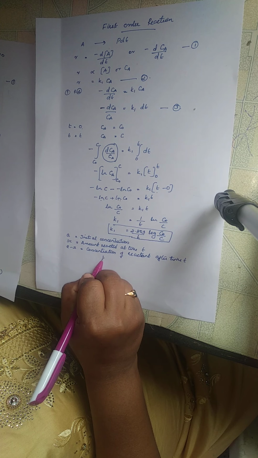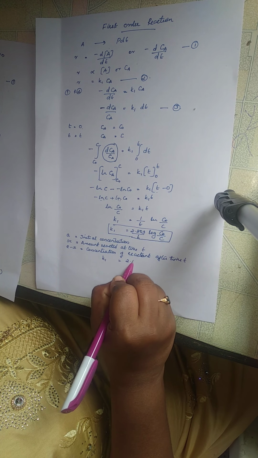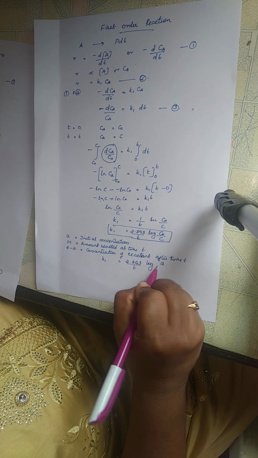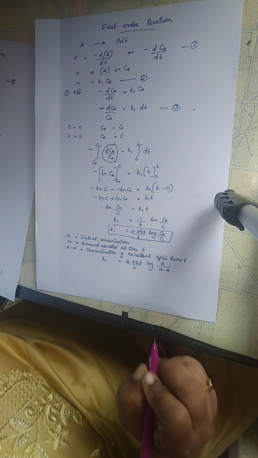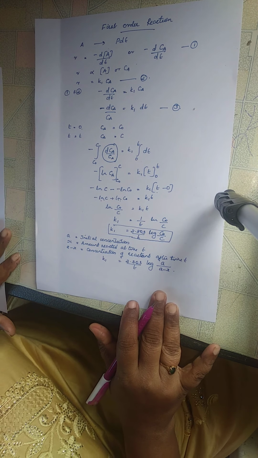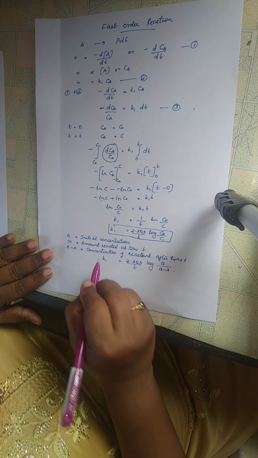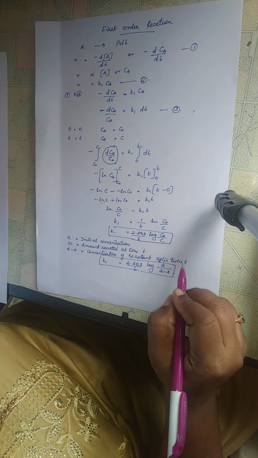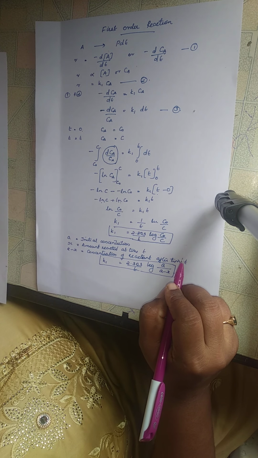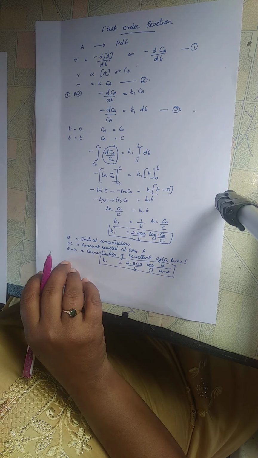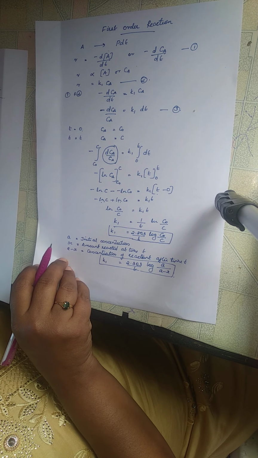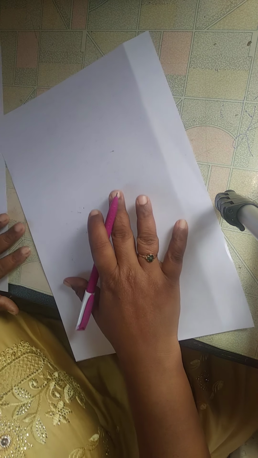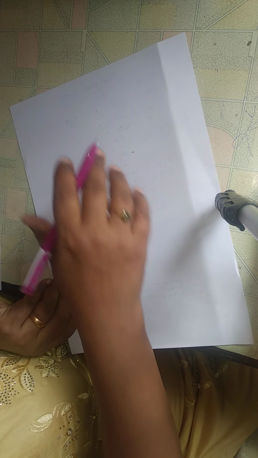Then your above equation becomes K1 is equal to 2.303 by t log a by a minus x. This is another way of representing the equation for the rate constant for a first order reaction. Diagrammatically, you can represent the rate of first order reaction